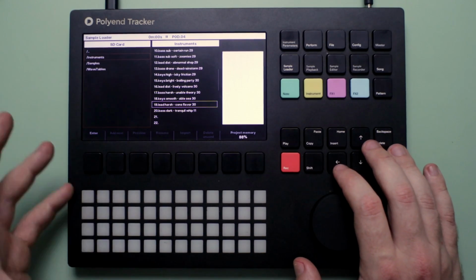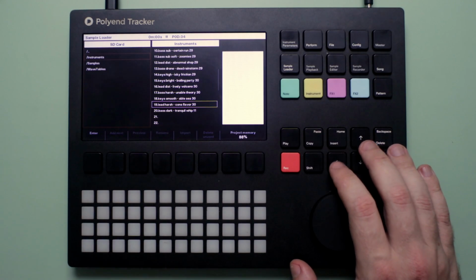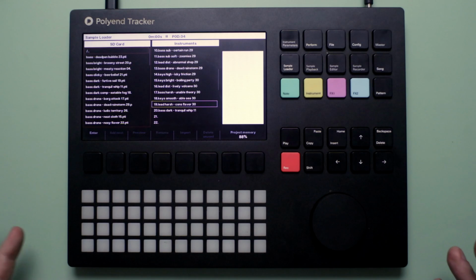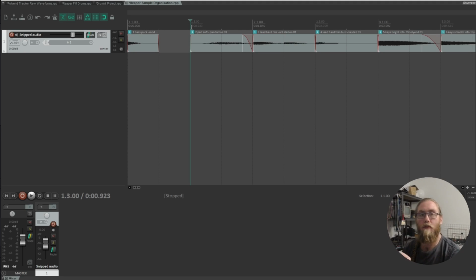So it was a bit involved to get to this point, but I'm glad I did it because now I've got a whole bunch of FM based stuff. And because I wanted to create a sample pack that was for the Polyend Tracker as well as the Polyend Play, even though I don't have one, I think adding FM to the Polyend Play would really amp up that device. So what I did is I went through every single track or project that I made with all